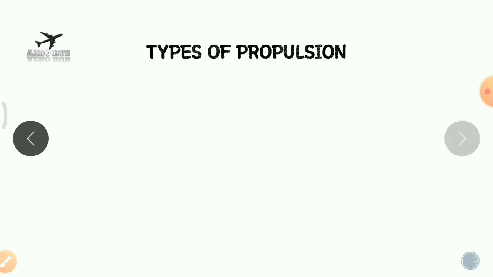Basically, we have two types of propulsion. The first one is called air breathing propulsion. The second one is called non-air breathing propulsion. Air breathing propulsion is majorly used in aircraft. We suck the air into the gas turbine engine, then this air is combusted along with the fuel and thrust is produced. In the case of a non-air breathing engine, we have separate oxidizer and fuel. We are basically discussing non-air breathing engines in this course.